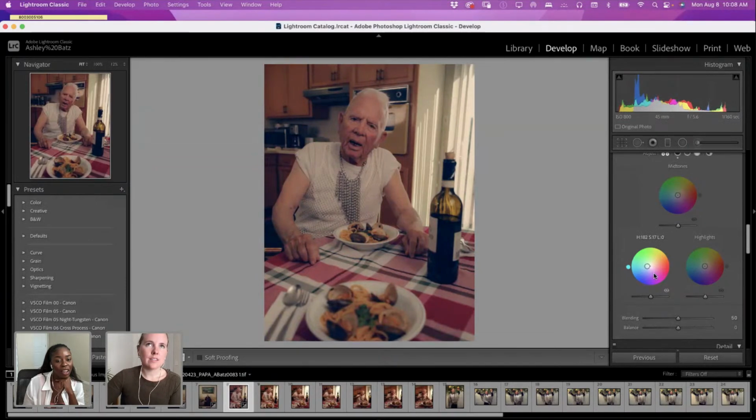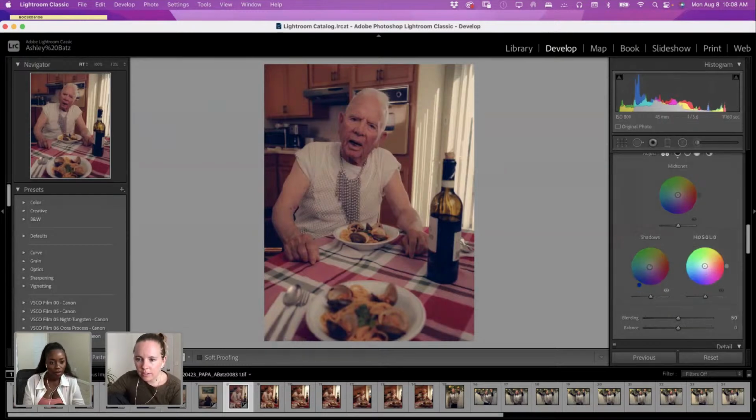I also think that there are some ways that you can make it look like it was really underexposed, and sometimes it really is in the color space. So this actually makes it feel like I underexposed this and it was really dark in there. So again, I think you can make up a storyline that makes sense for you and run with it, and just make sure that it's consistent so that when you put all of the images together, it feels like one story. So I'm just going to bring those shadows to a little bit of blue,